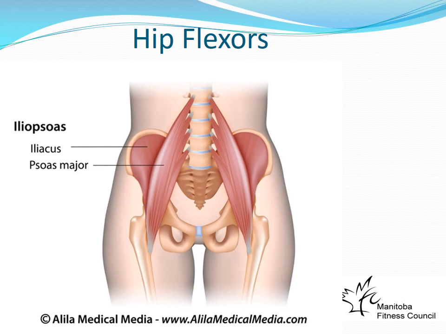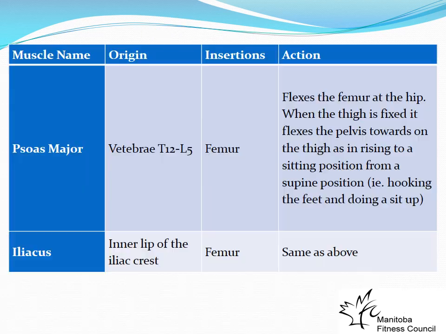So when these guys shorten and contract, they are going to flex the hip. You can see how they're attaching to that femur. When they shorten, they'll pull on that femur bone to pull it up. So psoas major is located at T12 to L5. It inserts onto the femur. It will flex the femur at the hip. If you keep the hip